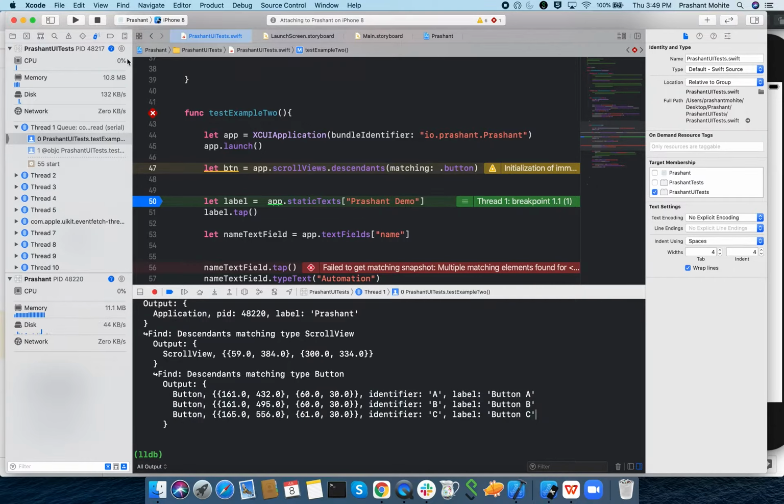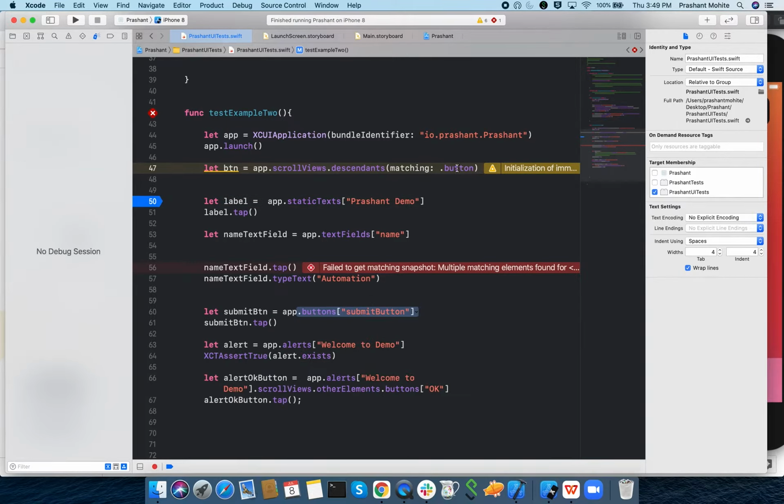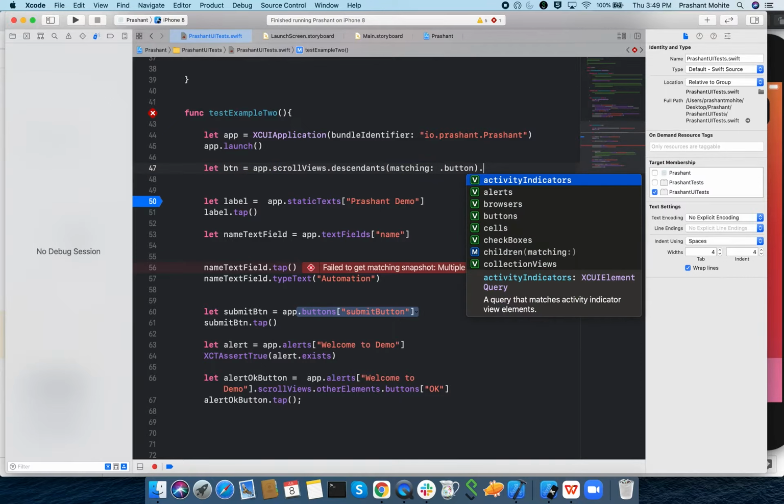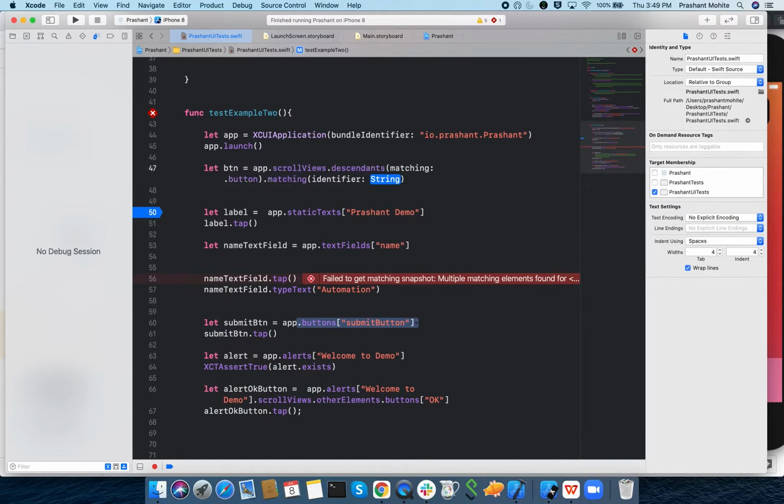Now if I say here I need a matching type button, and inside that I mention a matching identifier, meaning a label or the identifier which we have already given to them.